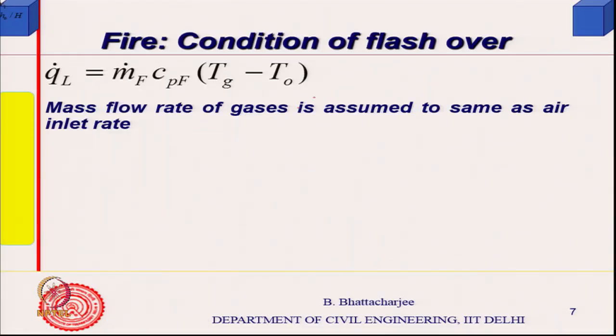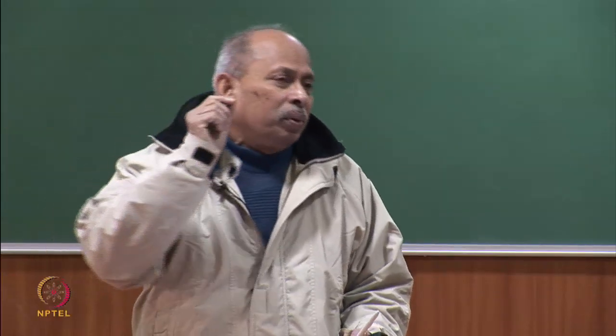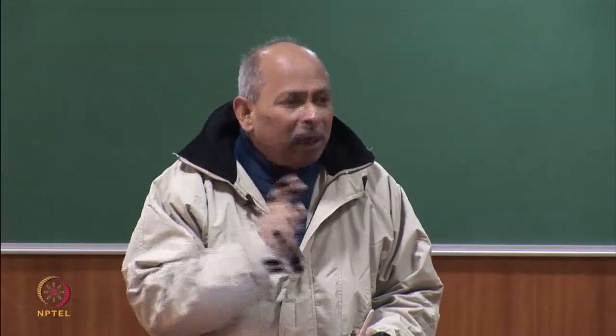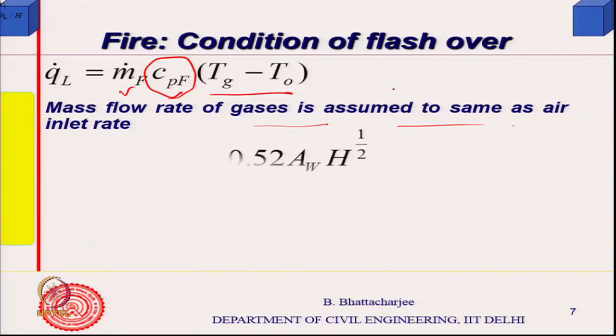this is the mass flow rate of gas. QL is the mass flow rate of the hot gases going out, times the specific heat of the hot gases, multiplied by the temperature difference, because cool air comes in at room temperature and the same amount of mass goes out as hot gases. So, the specific heat of the hot gas multiplied by the mass flow rate is the heat it takes out, and then this is known to us actually, the amount of air coming in. So, this I can put in here,